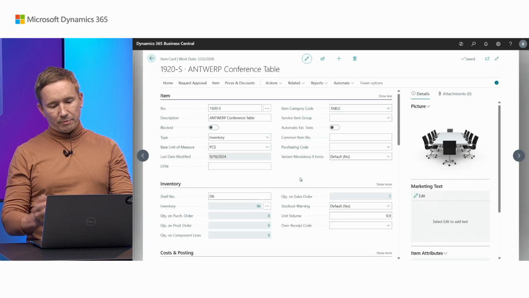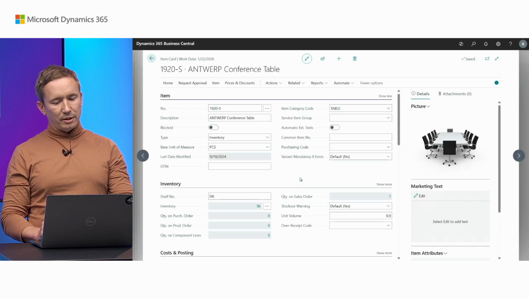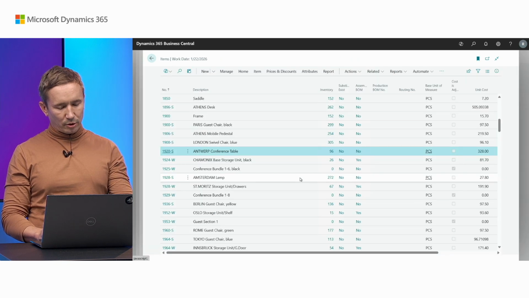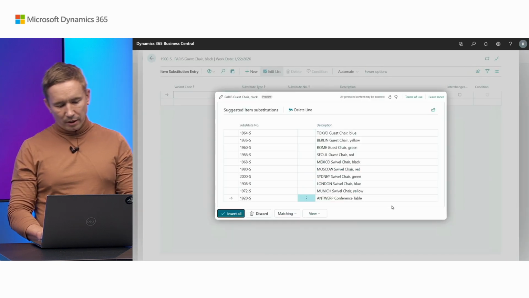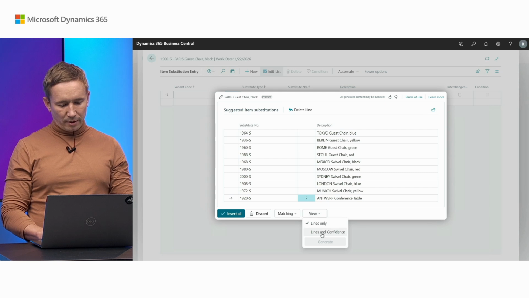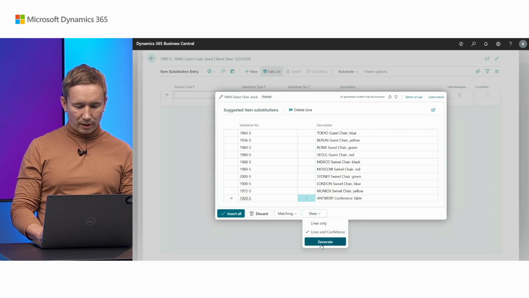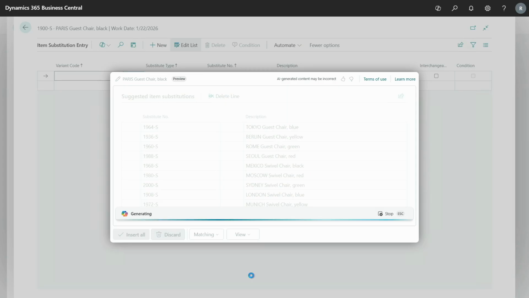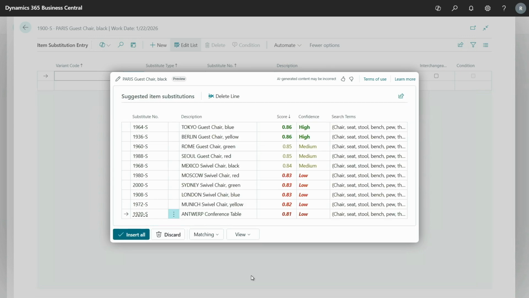And then apparently embedding decided that it's good enough to be included into the result. But let's check our confidence in that result. I'm gonna switch the mode. So now we can see that guest chairs are having high score and high confidence, and conference table has